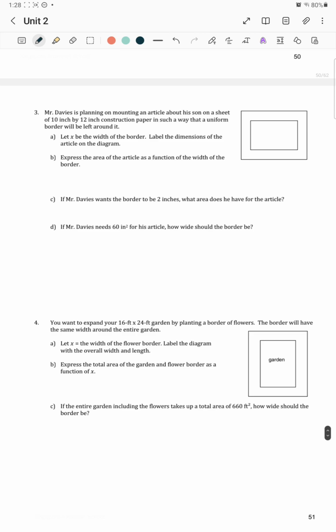Mr. Davis is planning on mounting an article about his son on a sheet of paper 10 inches by 12 inches, with a uniform border. What would x be? If Mr. Davis wants the border to be 2 inches, then it would be